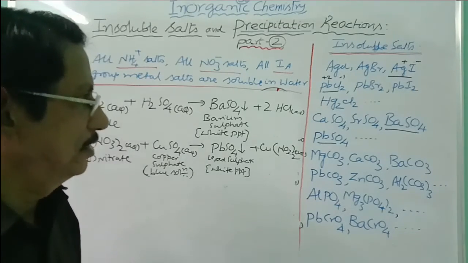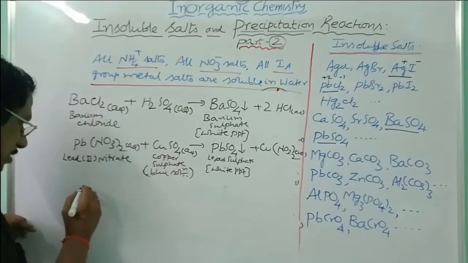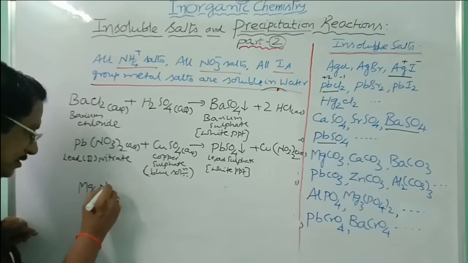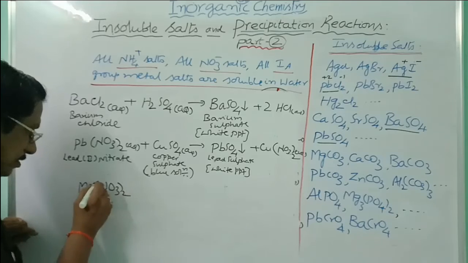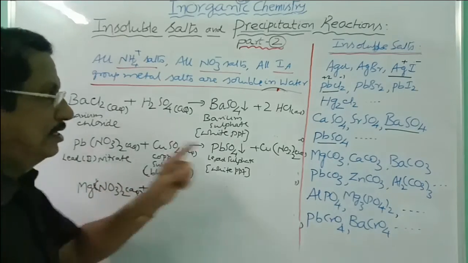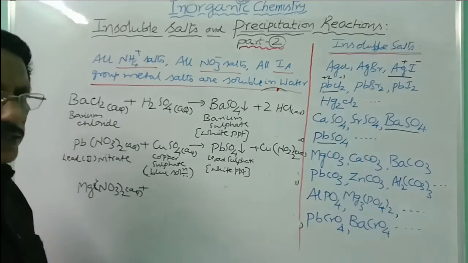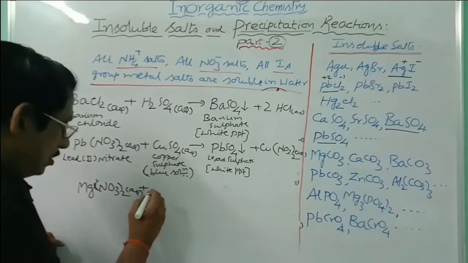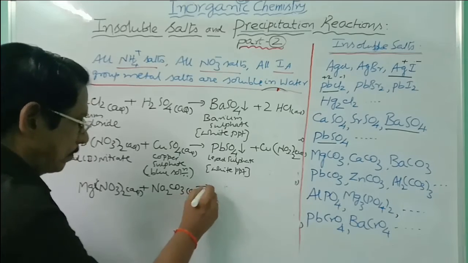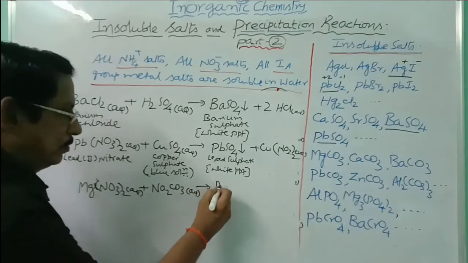Similarly, one more you can take here: calcium carbonate and magnesium carbonate. I am taking the magnesium salt in the form of magnesium nitrate, Mg(NO3)2, completely dissolved in water because it is a nitrate salt, aqua. Plus, you have to get carbonate. All the first group metallic carbonates are soluble in water, so you can add sodium carbonate here, aqua. Magnesium ion combines with carbonate ion, giving you magnesium carbonate.